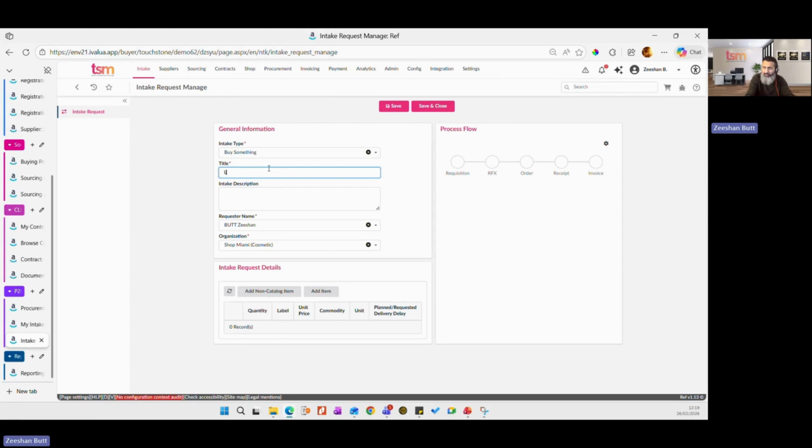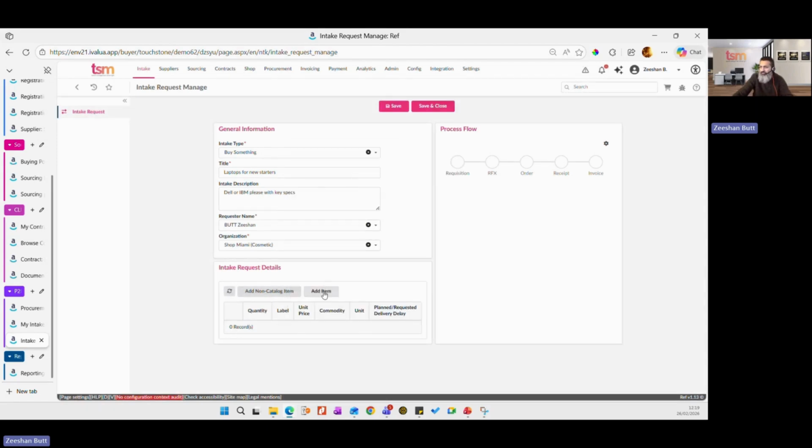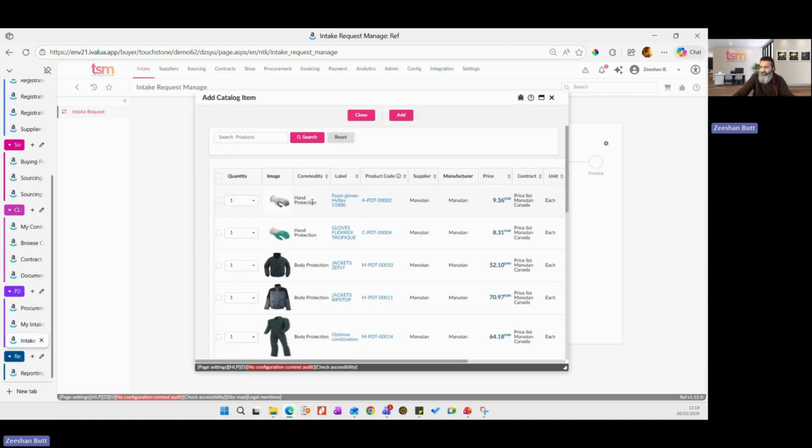Maybe it's laptops for new starters. And I can define the description. I can say it's Dell or IBM, please, with key specs or whatever you want to define. And then you have two options. You can either add it from an agreed catalog or contract prices. So if I select add an item, which is the catalog,